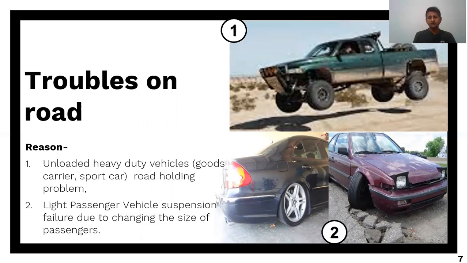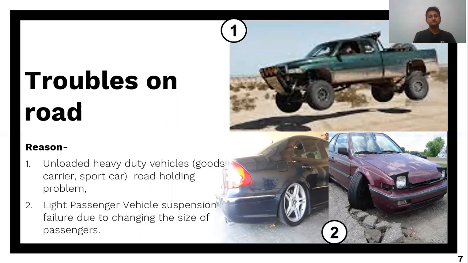So we have to reduce this. And when we see a light passenger vehicle with overload, where the payload or the number of passengers is increased, it shows the failure of the suspension system, and sometimes it